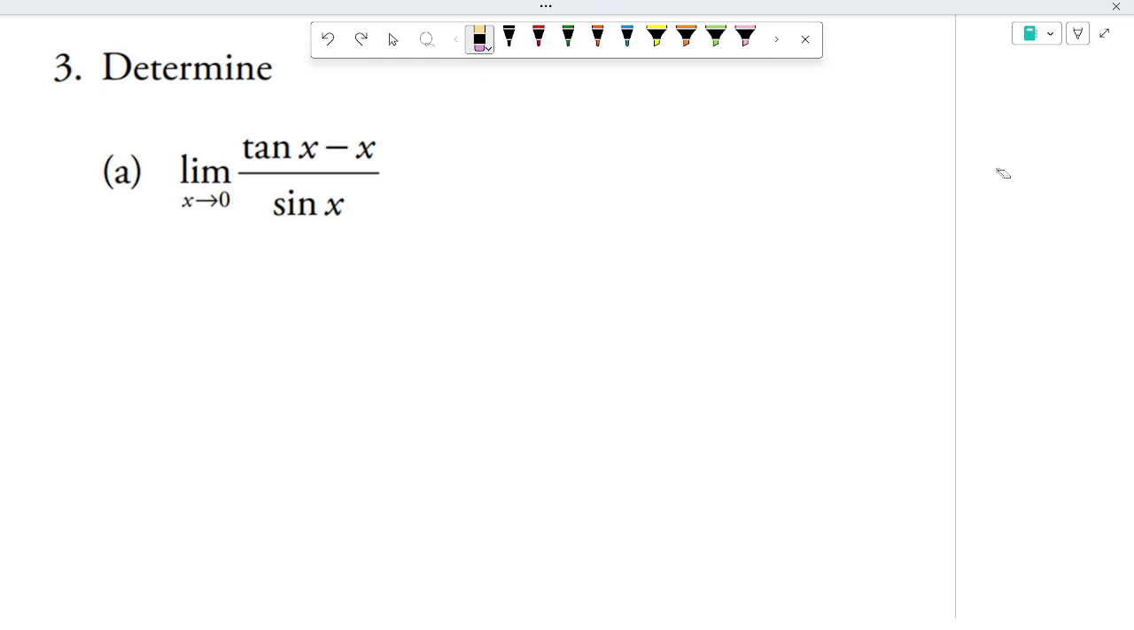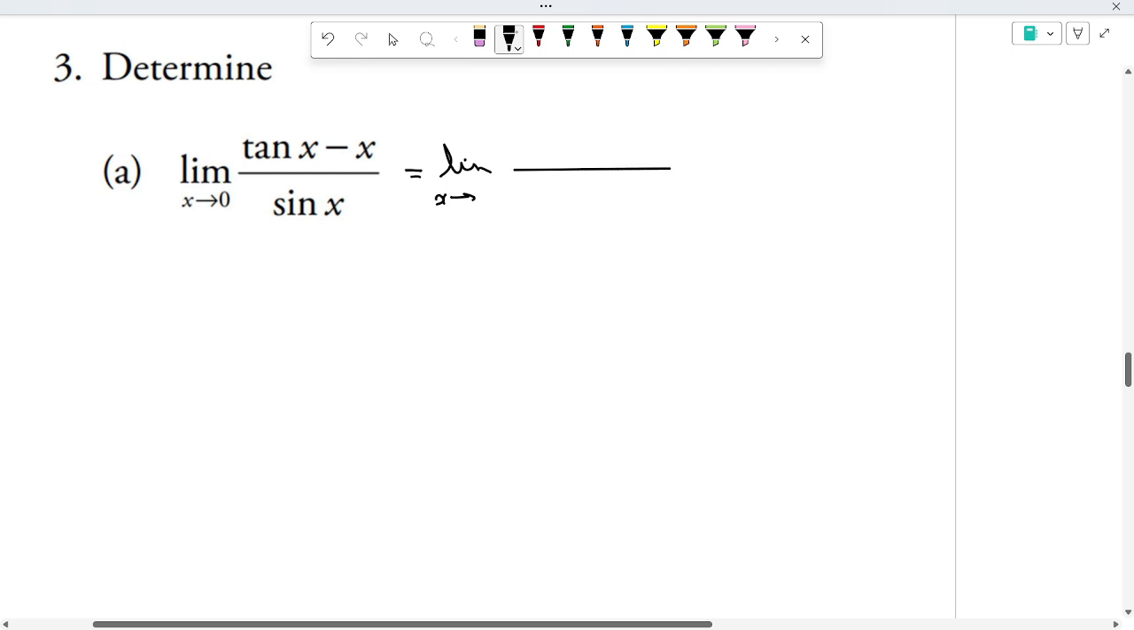We have to determine some limits. The first one, the limit of tangent x minus x divided by sine x, with x approaching 0. This looks like the special formula we've seen, but we have a difference in the numerator. First of all,